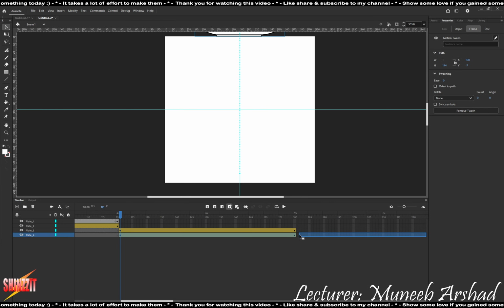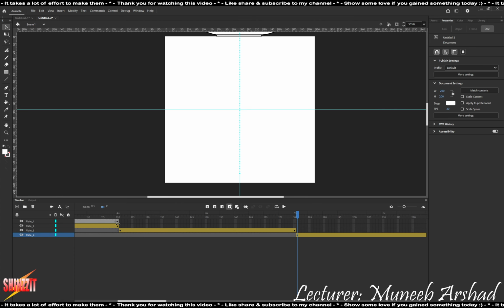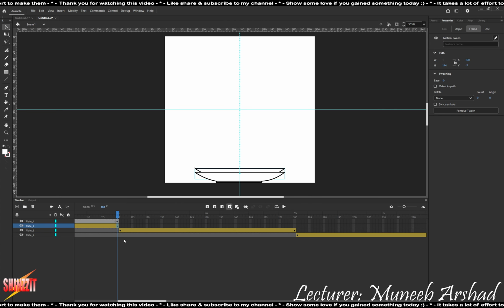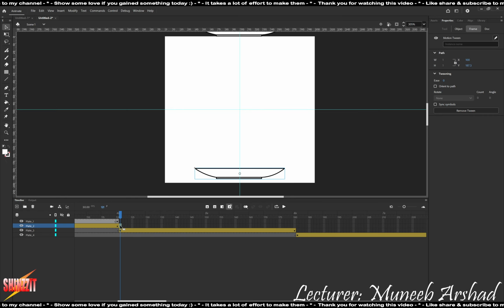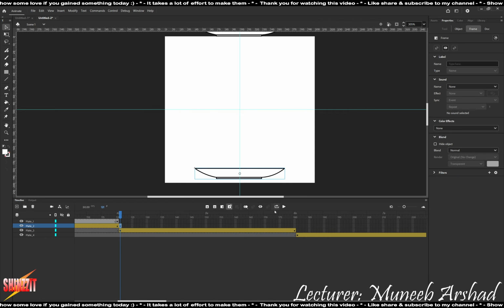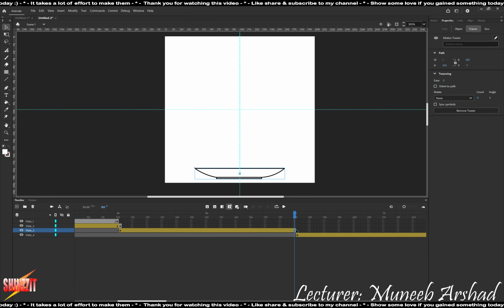181 for 2 seconds. Again, last frame of plate 2, Alt Control C to copy the last frame, Alt Control V to paste it, remove the motion tween. This is now converted to a standard frame. Similarly for plate 3,